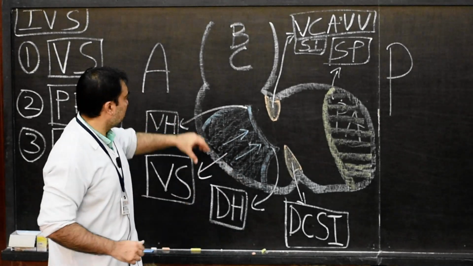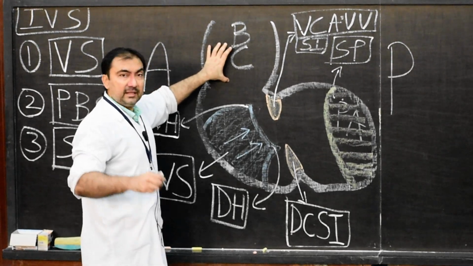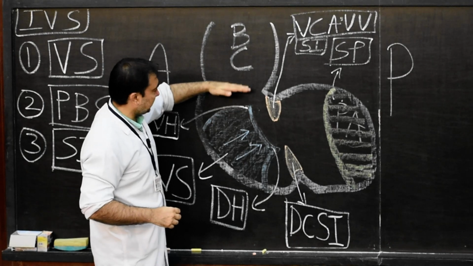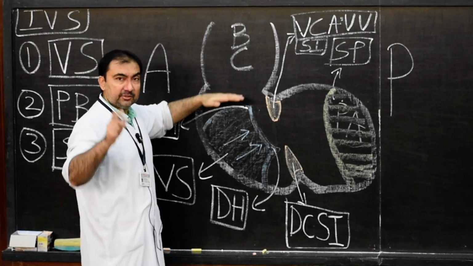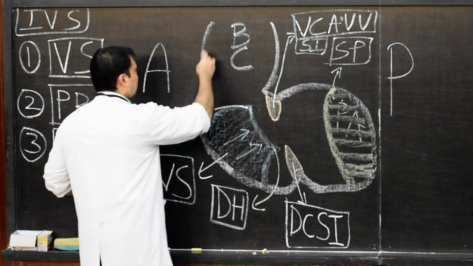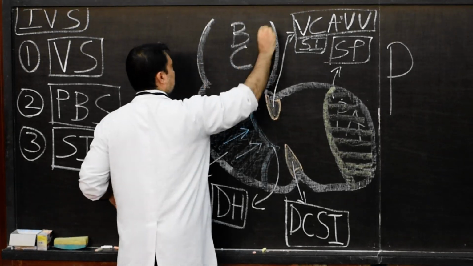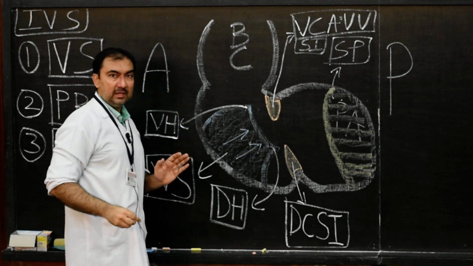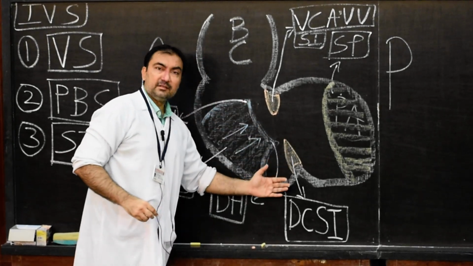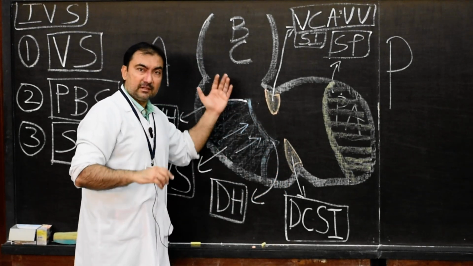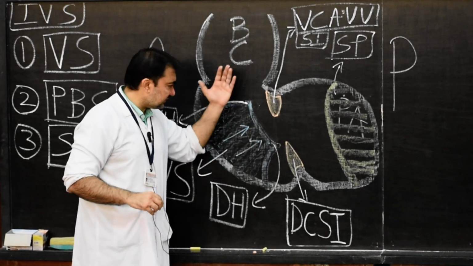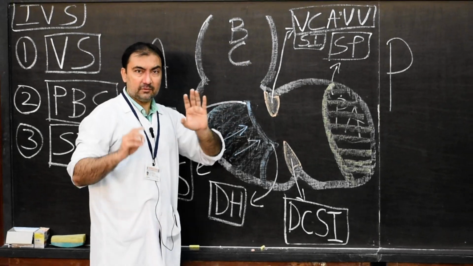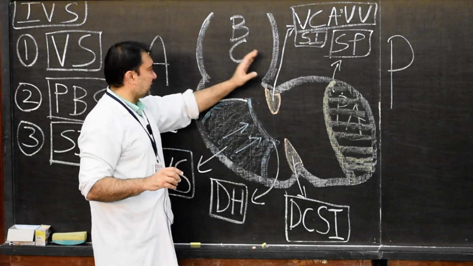Right now, in the bulbus cordis, there will be development of proximal bulbar septum. Proximal, that means towards the ventricular cavity. So if this is the right wall and left wall, and this section is sagittal section of the cardiac loop, in the sagittal section of cardiac loop, here we name this as the right and the left, almost. So let us name this as the right and the left wall.